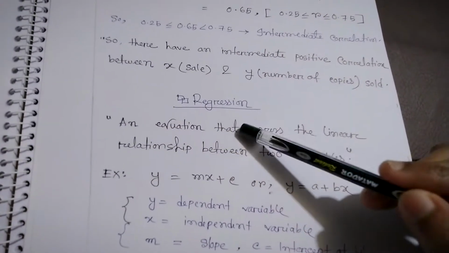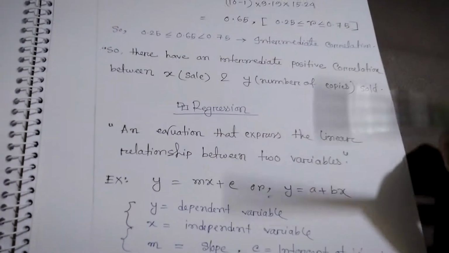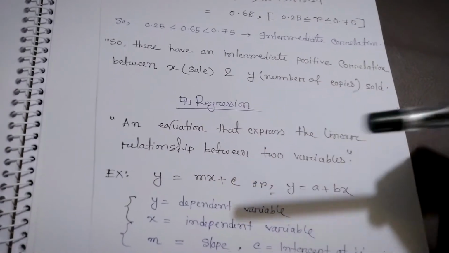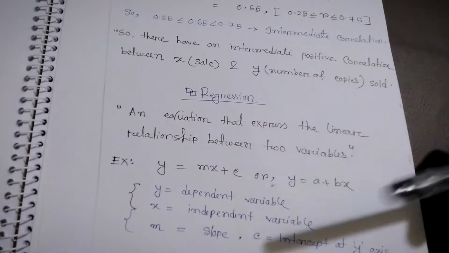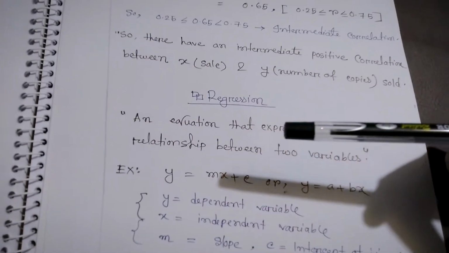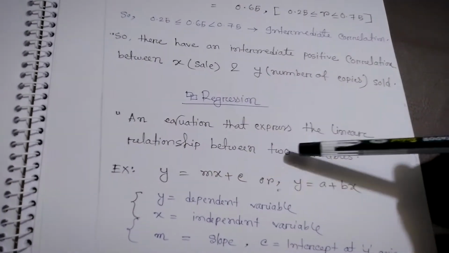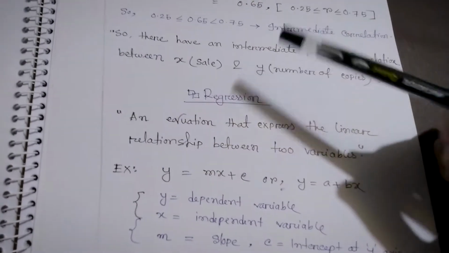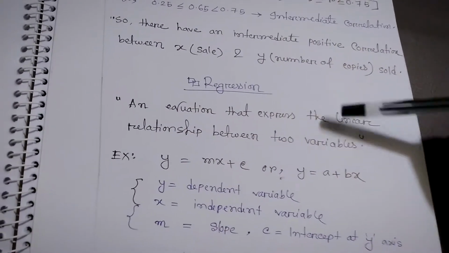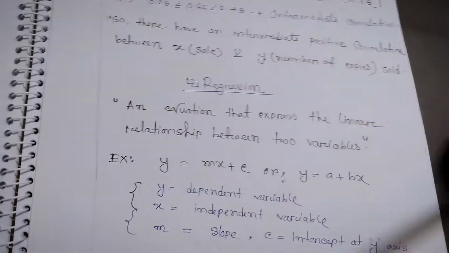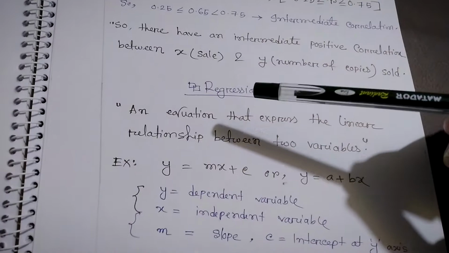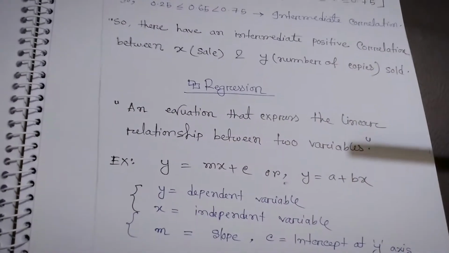Understanding regression is really important, because when you are learning machine learning algorithms, the first equation or technique would be linear regression. With linear regression we can find, based on the x value, what the y would be. So based on one variable, what would be the output of another variable? We can predict different kinds of things, and we can get good predictions using the linear regression formula or